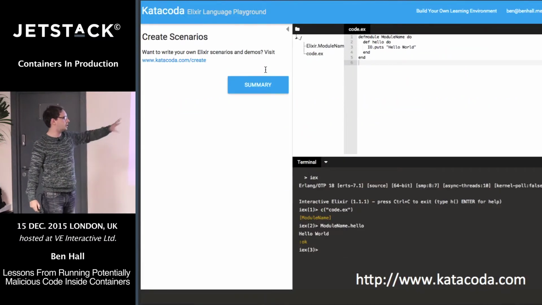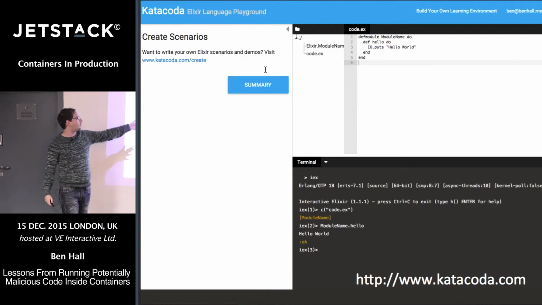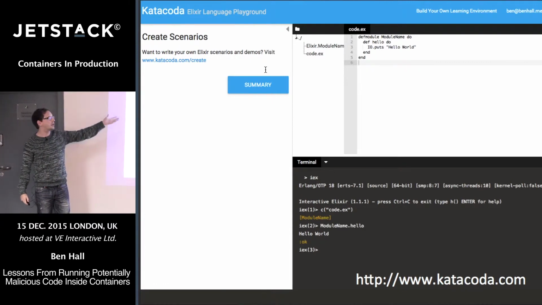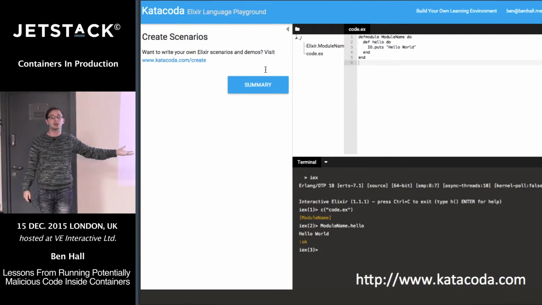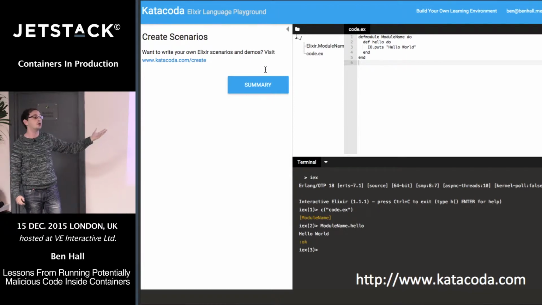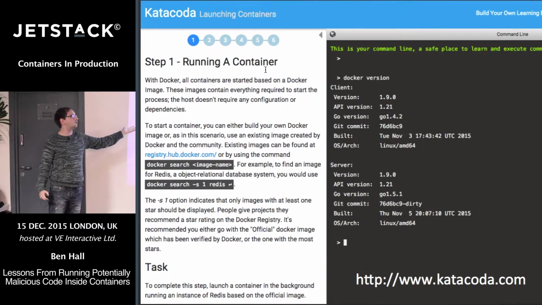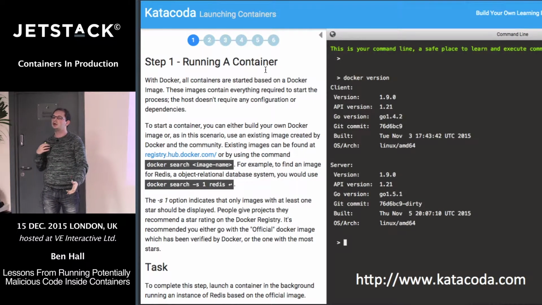So Katacoda is an online learning platform for developers. We have environments such as Ruby, Java, and exotic things like Elixir accessible that you can use in the browser with a very simple IDE, which is all synced, and you can run code. But we also have things like Docker running. So you get a private sandbox Docker daemon, which you can start learning, you can start playing, you can start understanding more of the ecosystem, all within your browser, all within a second or two.